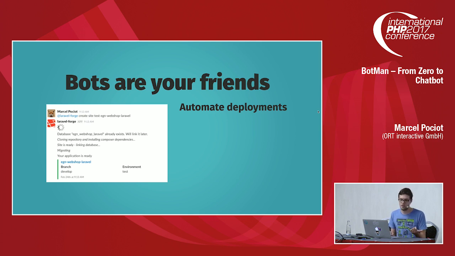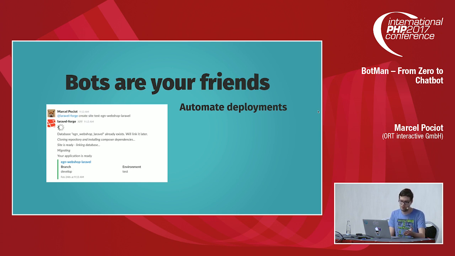What I can do with it is create new servers or new websites using Laravel Forge. If you're not familiar with it, it's a server provisioning system from Laravel. So what this allows me to do is write in Slack, mention the chatbot, and say,